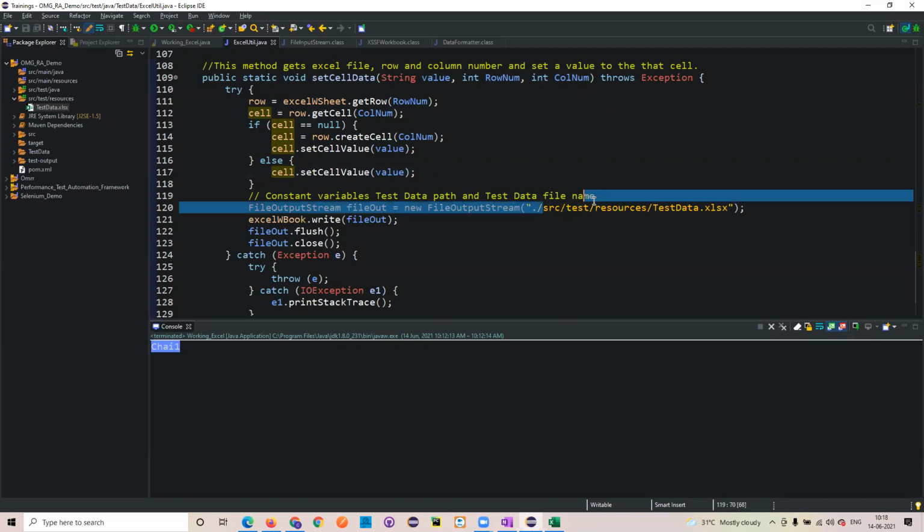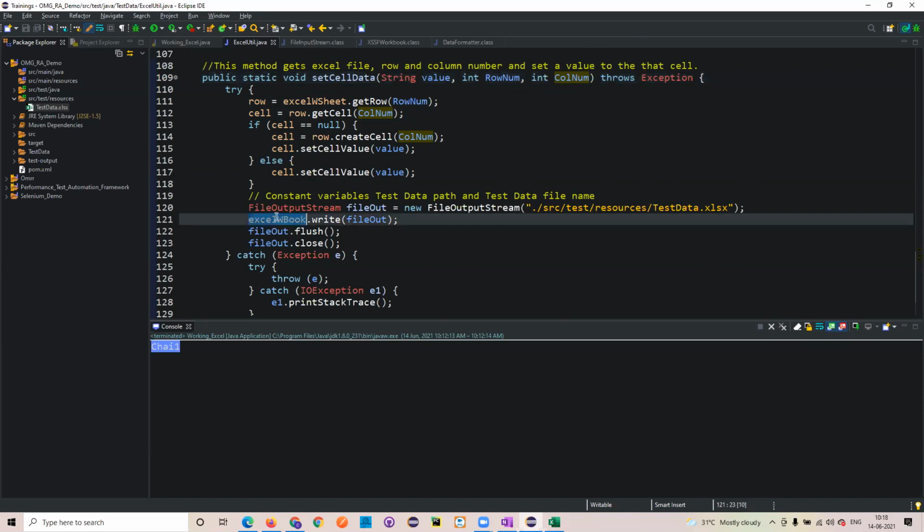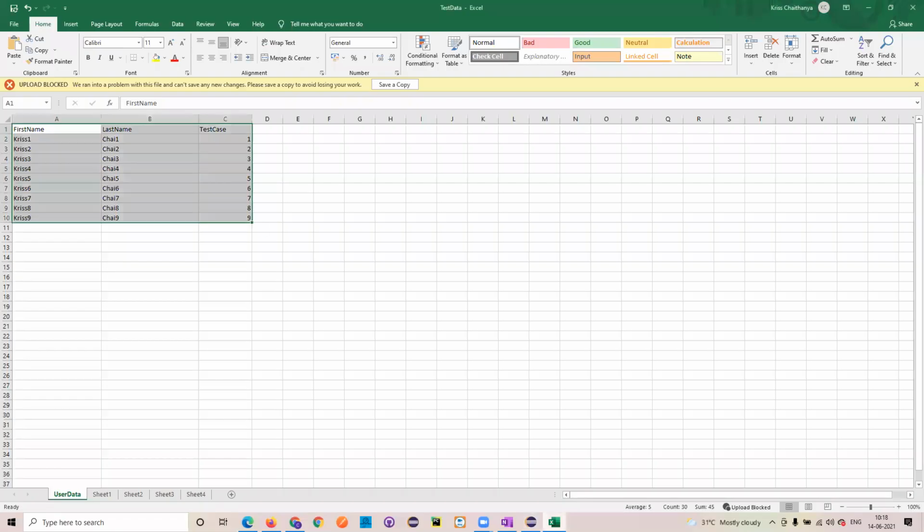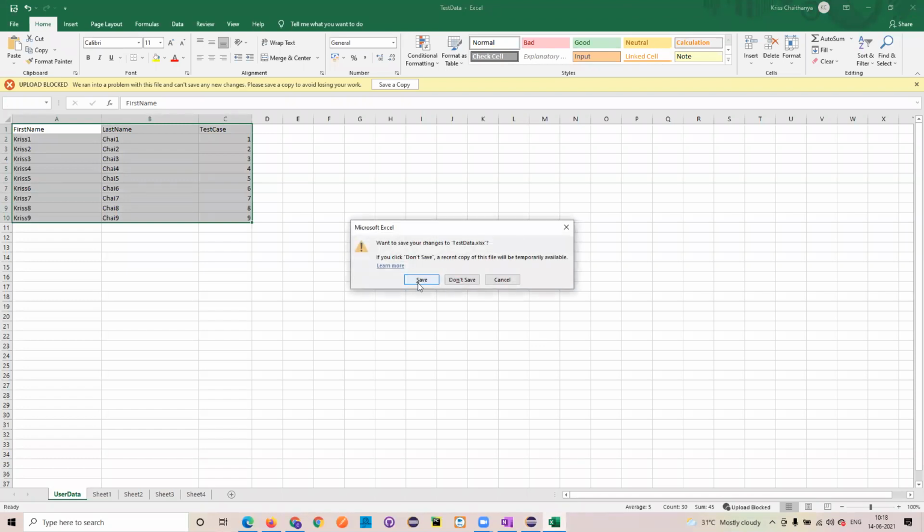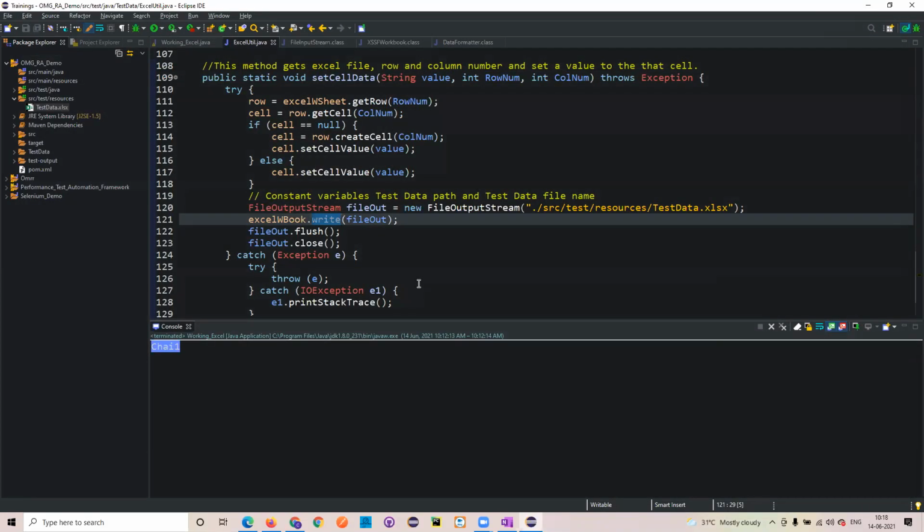Which file you wanted to use, that file path, even we can pass that as a parameter over here, but I just changed that particular method name and gave a hard-coded value. Or else if you wanted to change it, you can change that. That's how you will create it. And we have a direct write method to write into this, and then you will open this and write on it. But be cautious when you are trying to write on these Excel sheets. Always remember that you should close the Excel sheet, or else it will create a problem for you.